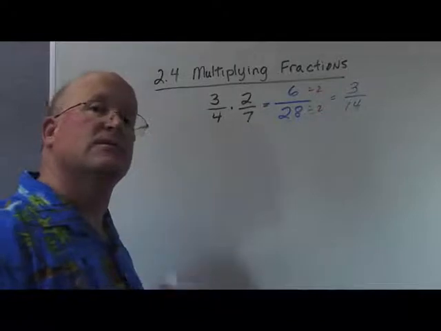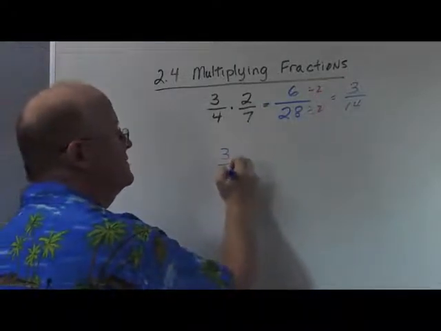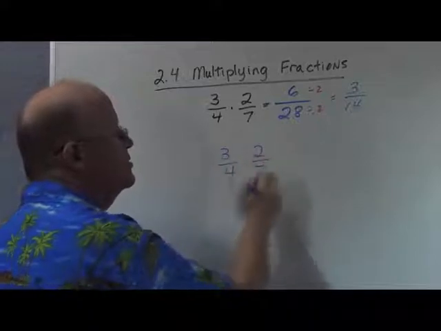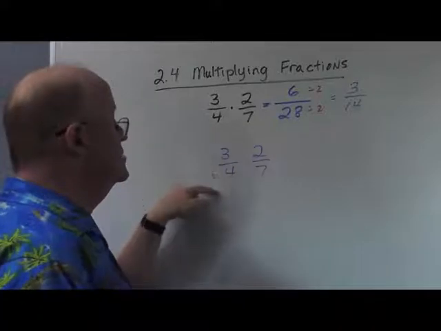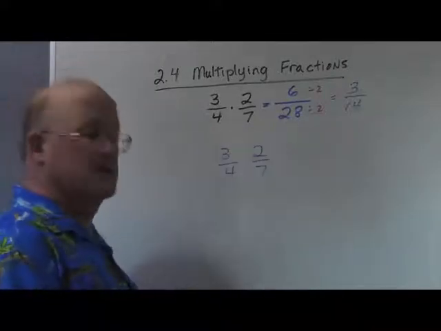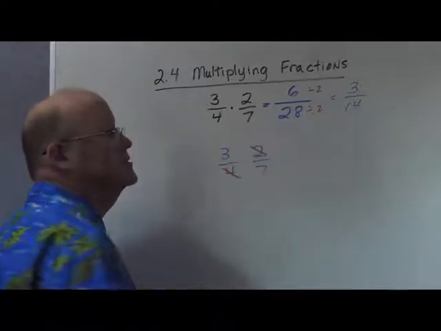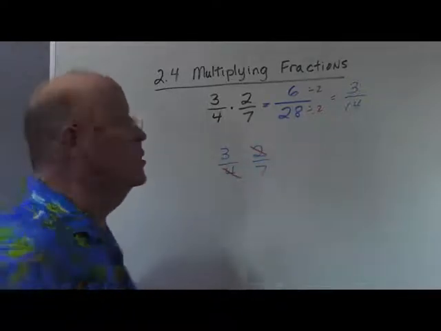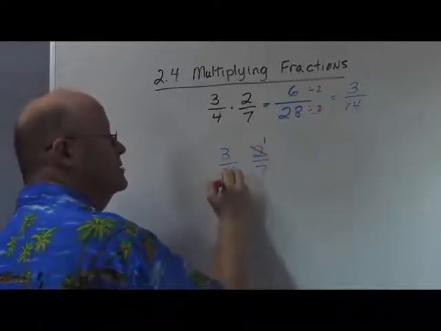3/14. Now there is another way to do this problem. Quite often people like to cancel first and then do their multiplication. If that's the case, you can cancel straight up and down or on a diagonal. For example, on this diagonal, 4 and 2 are both divisible by 2. When I divide each by 2, I get a 1 up in the top right and a 2 down in